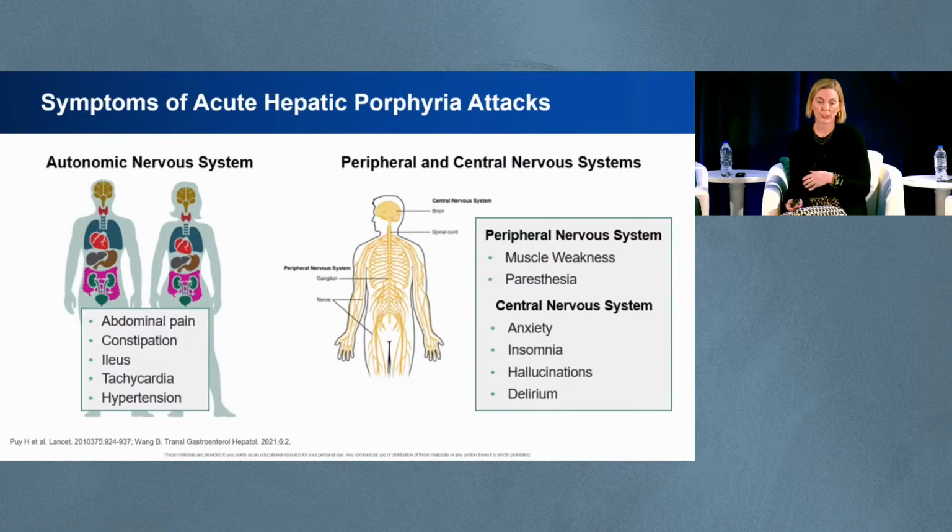There are reports of cases that were fatal due to the severe muscle weakness in patients who were not diagnosed. Patients develop paresthesias, and then from a CNS perspective, patients often have anxiety and insomnia, and those are two of the prodromes that patients often describe. When they feel an acute attack coming on, they report heightened anxiety and worsened insomnia,